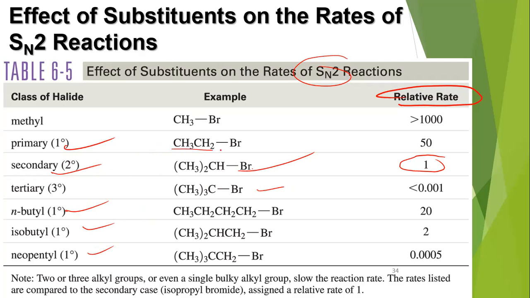Now, this one has a straight chain, it's primary. Then the next primary has the same, but a longer chain, right? It means that as the chain length increases, the bulkiness increases and the rate for SN2 decreases, right? Good. Now, if you consider these two, they have the same number of carbon atoms, but the branching has